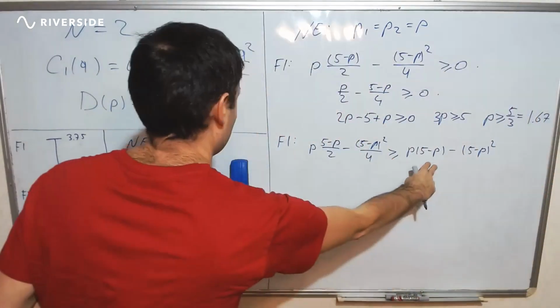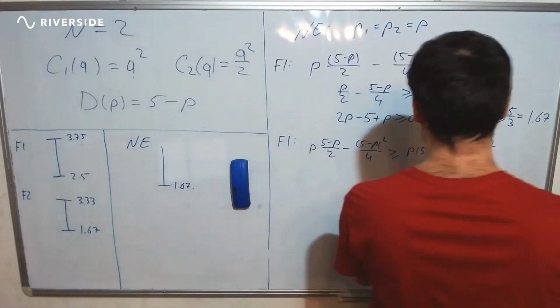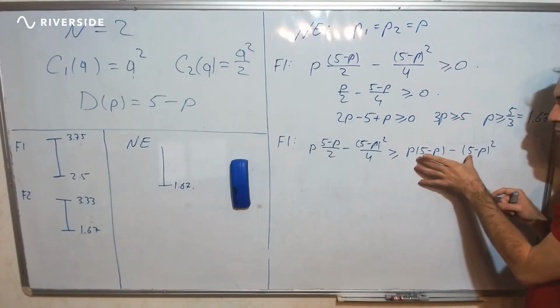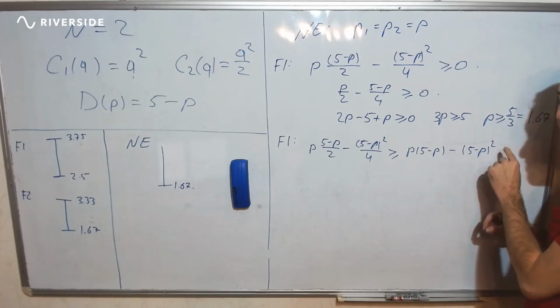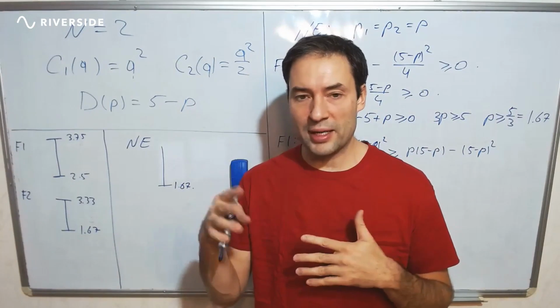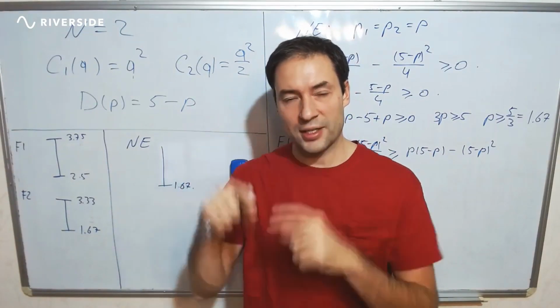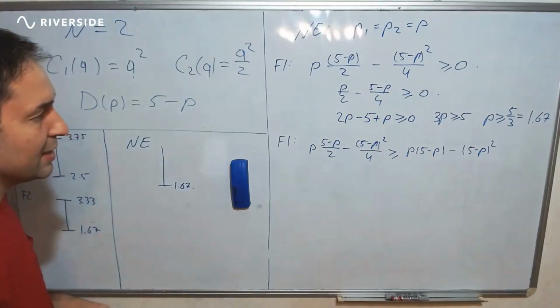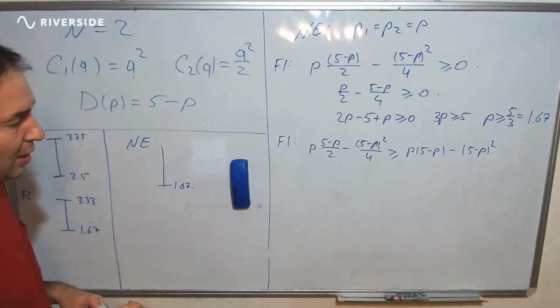This is what will happen if firm 1 undercuts firm 2 and charges a slightly lower price. It will get effectively this profit minus a very small amount, and the small amount can be made arbitrarily small because the undercutting can be arbitrarily small. So that's why the highest price has to be given by this